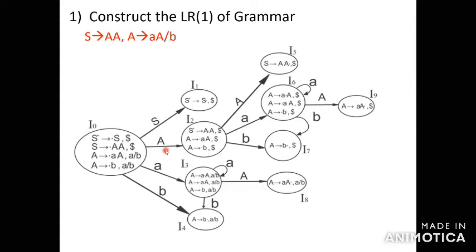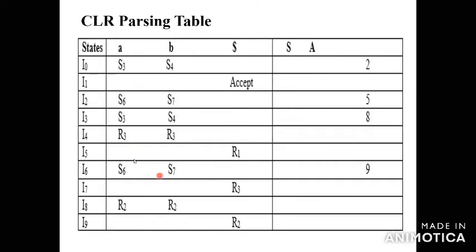Same example, the same type we did in the previous class. S tends to C C, C tends to small c capital C, then S tends to C C, C tends to small d. Same grammar. Here I changed only the alphabet characters; the remaining things will be common. You can check once, go through the same video, just watch and listen to the video, then only you can get it.